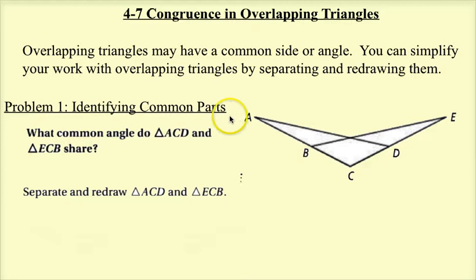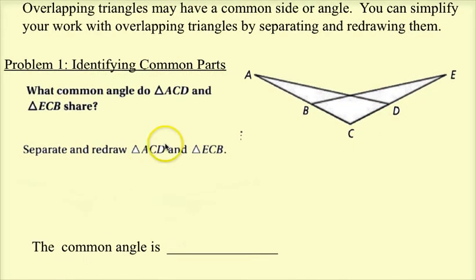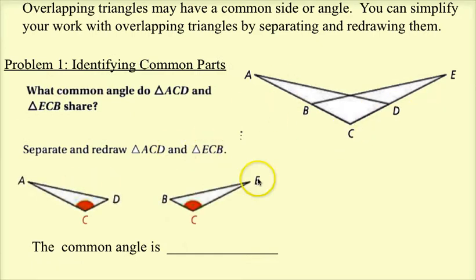What common angle do triangle ACD, so this triangle on the left right here, and triangle ECB share? So we want to separate and draw triangle ACD, which is the triangle on the left. We're going to draw that, and we're going to draw triangle ECB, which is the triangle on the right. And as you can see, they both share common angle C,